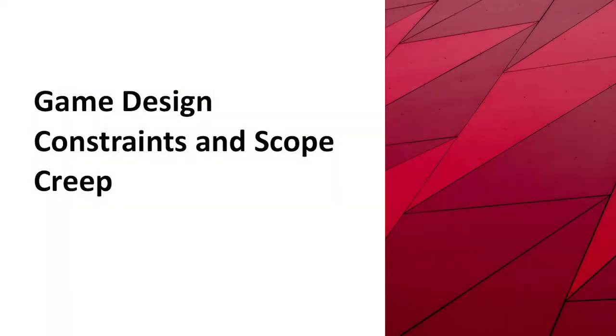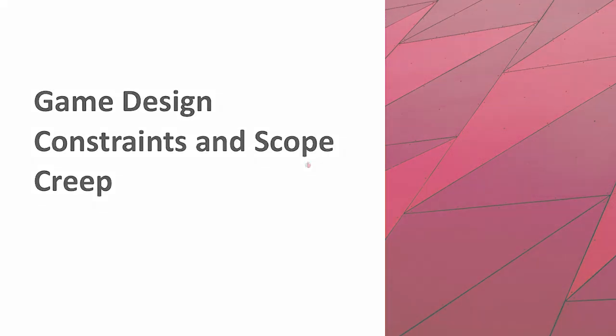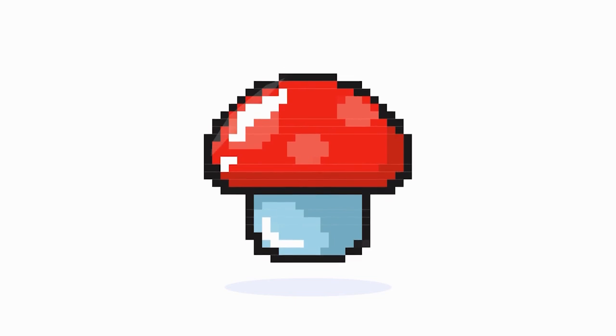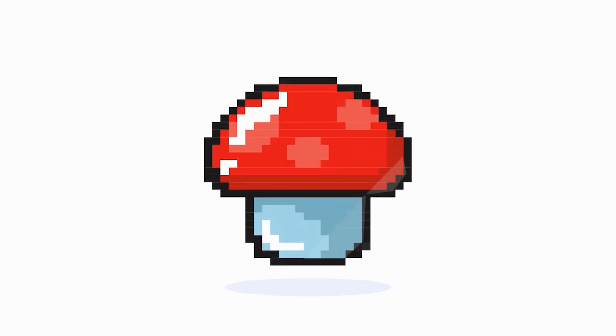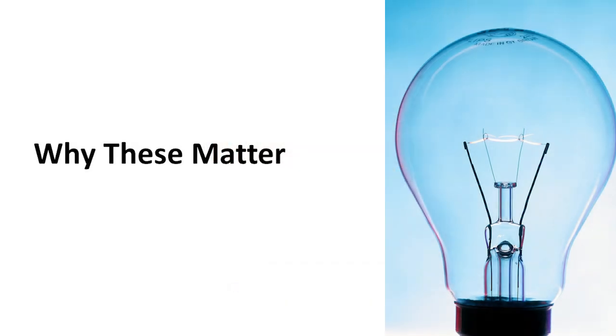universityxp.com. Today, we're diving into two little words that have the power to either catapult your project forward or completely derail it. Those words, constraints and scope creep. Maybe you've heard them thrown around in design meetings. Maybe you've bumped into them the hard way on your own projects. Either way, by the end of this episode, you'll see why understanding these two forces and learning to wield them wisely is absolutely essential to your success as a designer.